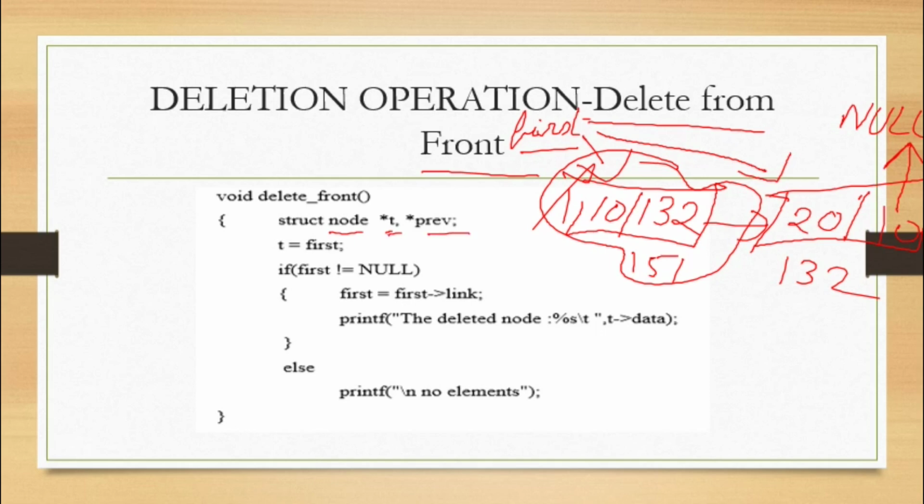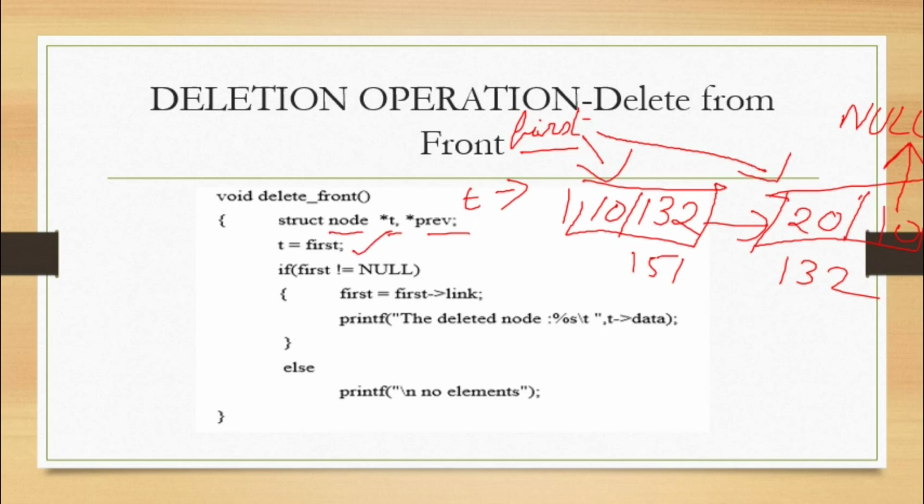So the first basic case is that here also we make t and first point to the same node. Say we make t point to the same node. So when this step is over, t is equal to first, both t and first will be pointing to the same node. Then, while first is not equal to null,